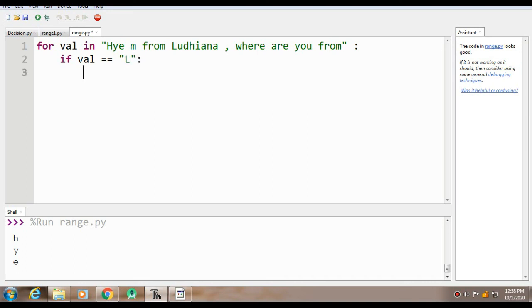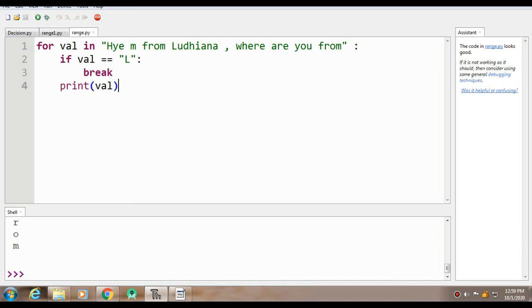First of all it should encounter break, and after encountering the break statement it should print whatever the value is. Okay, so I'll save it. As I try to execute it, you can see it simply prints Hi, I'm from, and so with the break statement it will just print up to this point. As it encounters this particular statement it will stop over there.